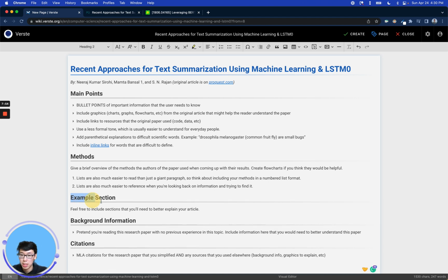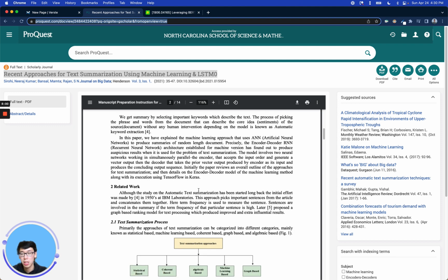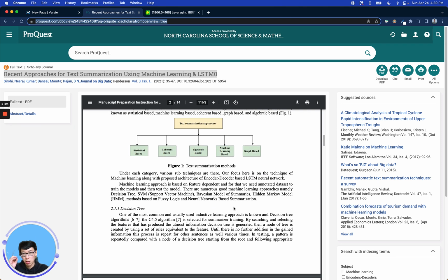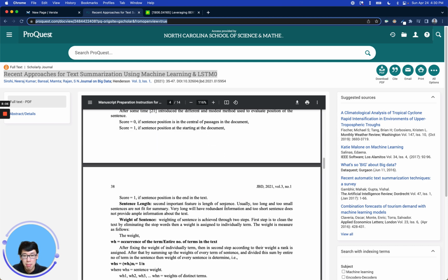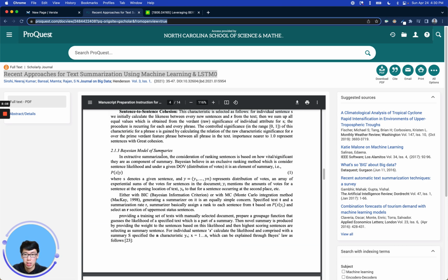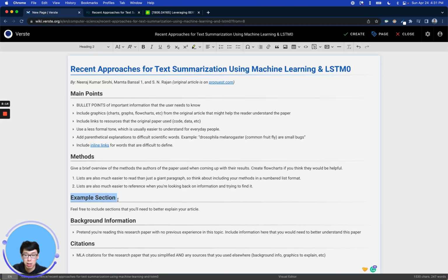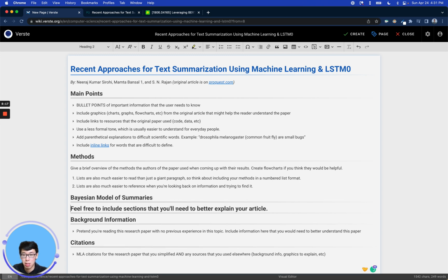Right, so everything here is intuitive. Right, example section right here. What this is, this can be something such as in the methods section, right? So if I just click into here, or it can be essentially sections that you think are important for the reader to know, right? So for my paper, what I might choose for an example section is, let's say, Bayesian model of summaries. This might be a section that I want to keep here, right? So if I just paste in Bayesian model summaries,